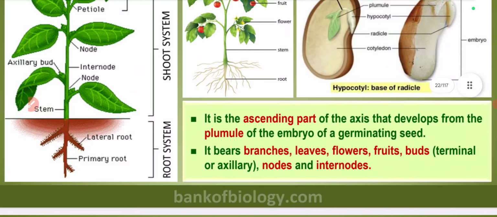It is the ascending part of the axis that develops from the plumule of the embryo of a germinating seed. As you can see, the shoot system or future shoot of the seed is called plumule and the future root is called radicle. So as you can see in the diagram,